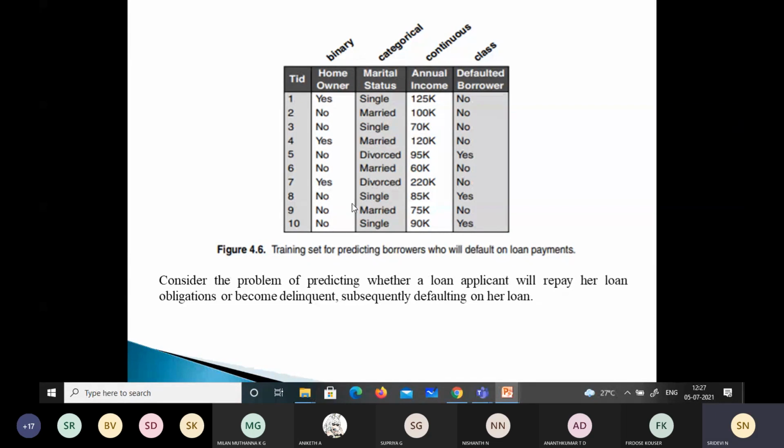If you notice here, again we have 2 kinds of records, isn't it? Those who are not married, not homeowners, single, and who have paid the EMIs. I mean, they have paid the loan amount. And one more category is, yes, they are not homeowners, they are divorced, because single and divorced we are taking into the same, and who have not paid the EMIs, as well as those people who are not homeowners, single, again they have not paid. So we have 2 categories here again.